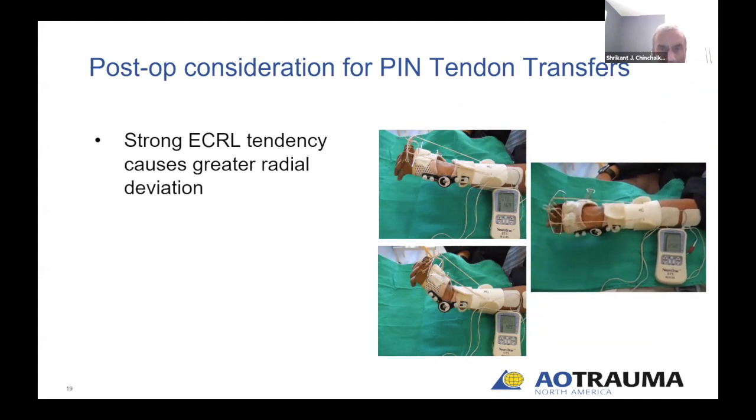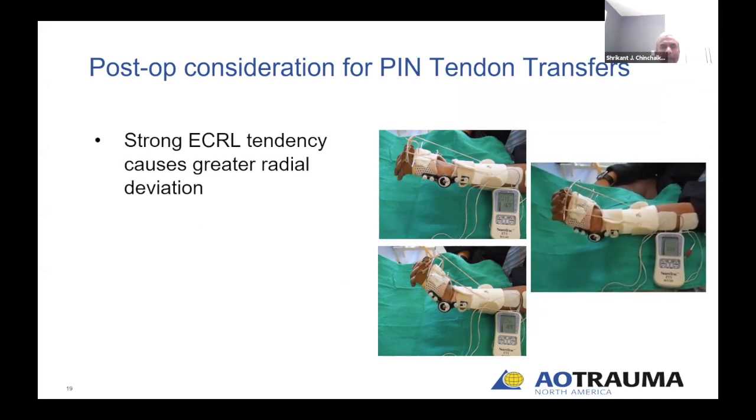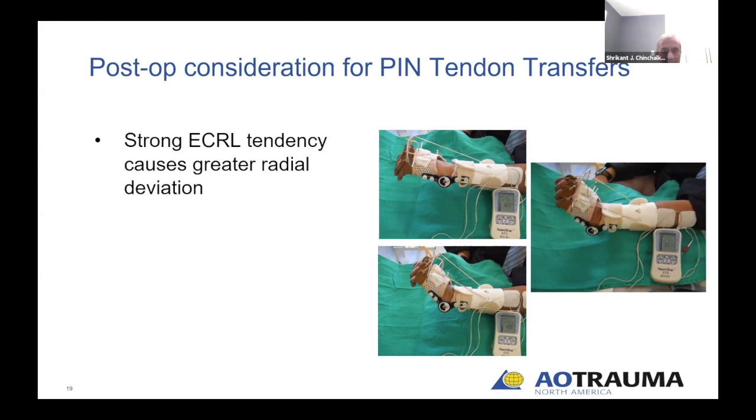With the posterior interosseous nerve tendon transfers, we know that the ECRL tendency is quite stronger. So even though the patients have pronator teres transferred to ECRB, they still have a stronger ECRL tendency. And in such cases, we need to provide them with the dynamic splint. As you can see right here,